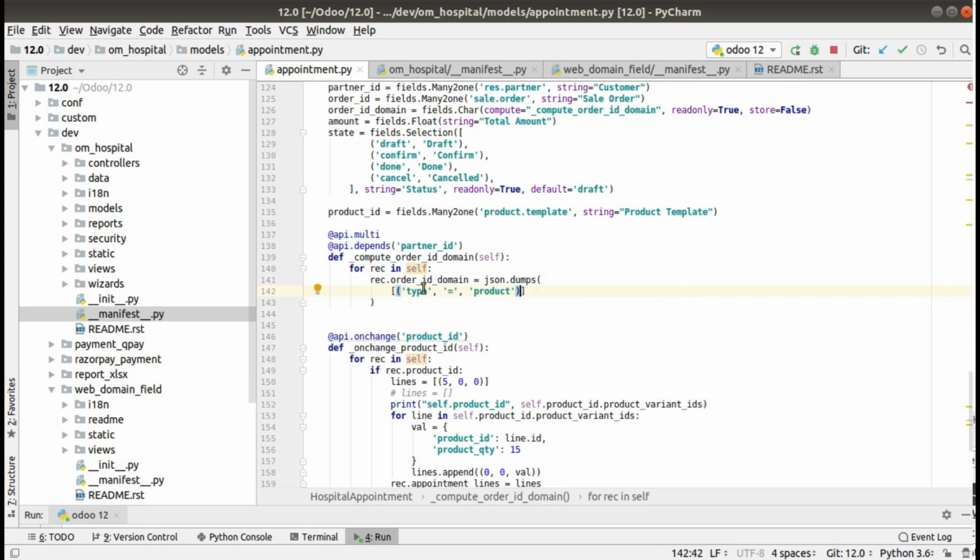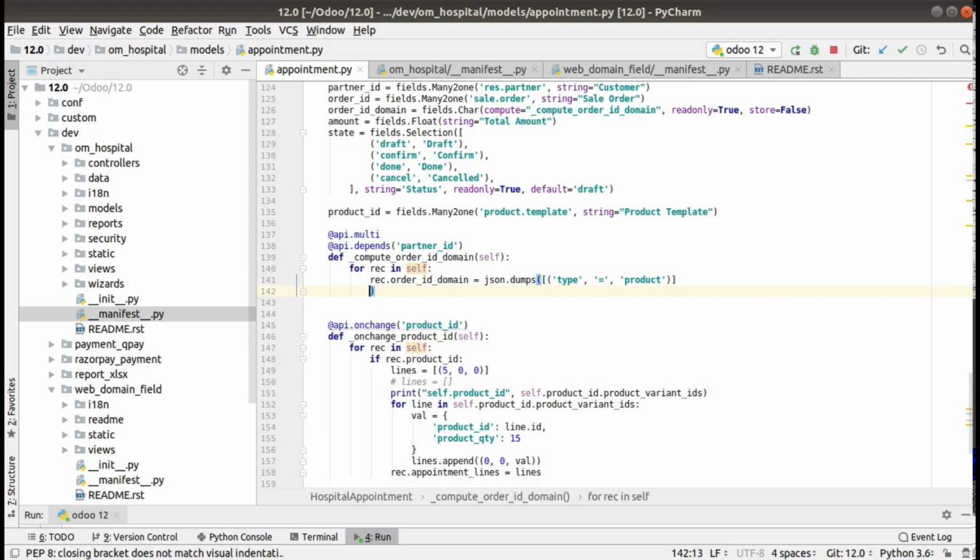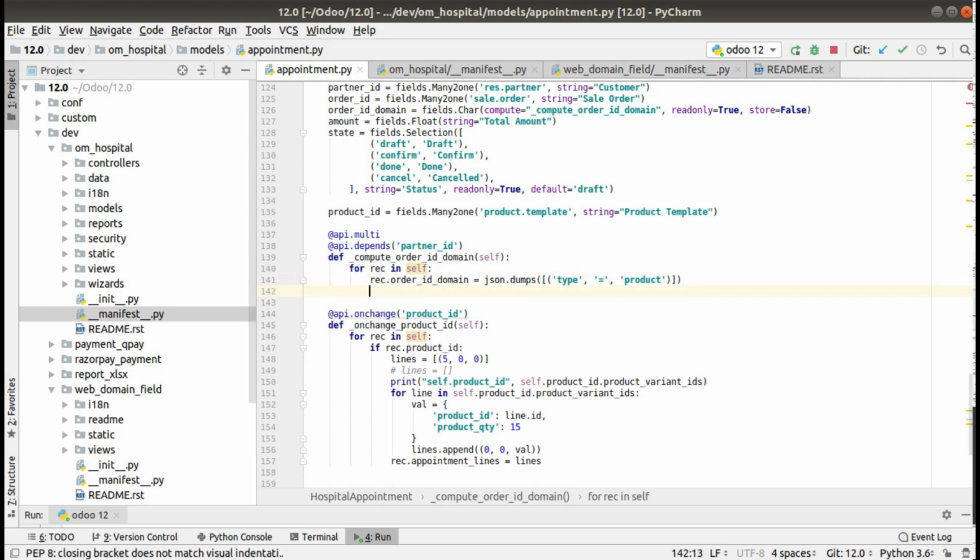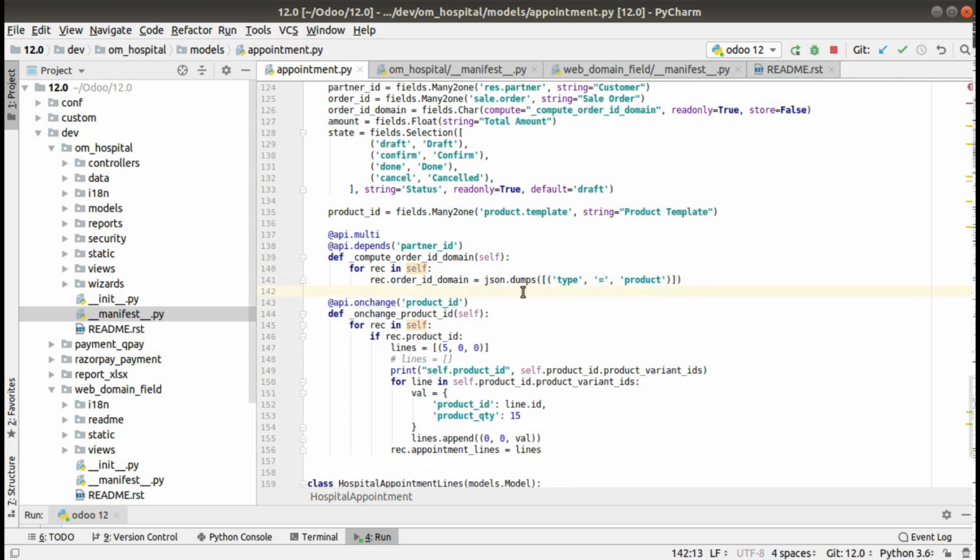Let me adjust the code. So simply you have to return a domain like this. The domain should be partner_id. partner_id is the field inside the sale order, and it should match the selected partner here.